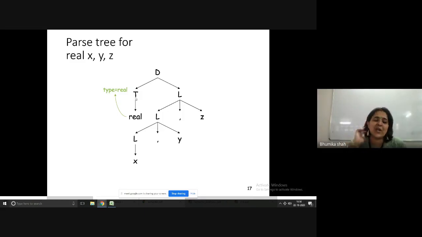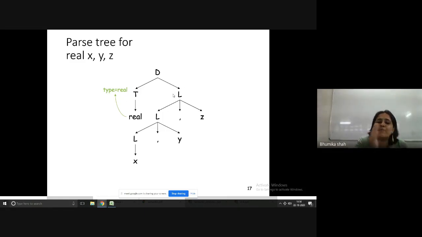So here we can see child to parent value assignment is done, and hence the node T has data type dot type, that is synthesized. Okay, and the value which is assigned is real. Now what this statement is going to do, let us focus on TL statement. Whatever data type this type variable has is going to be assigned to the entire list.